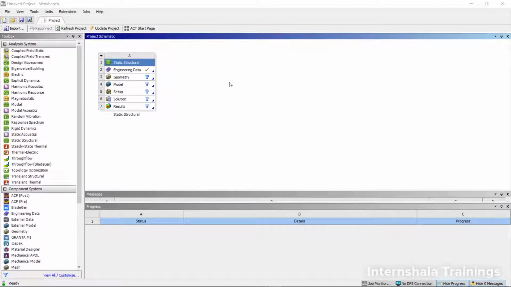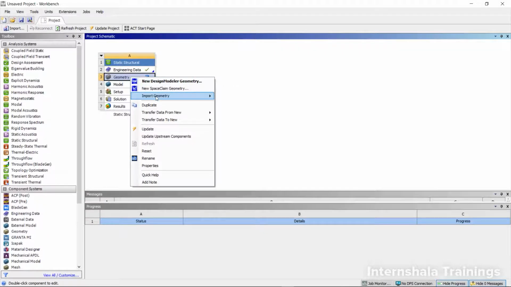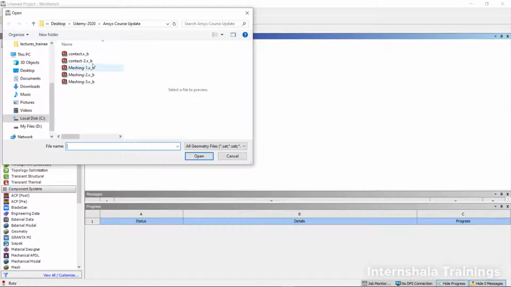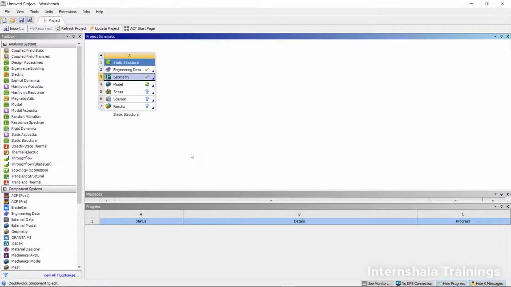In this lecture, we are going to see about automatic contacts inside ANSYS Workbench. For that purpose, I already have opened the ANSYS Workbench software, and I am going to right click on the geometry cell, go for import geometry, and I will go for browse, and I am going to select the file called contacts2, which I already have given it to you in the resources tab. You can download there and you can load it in.